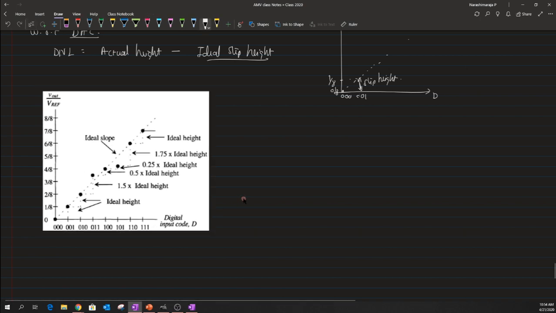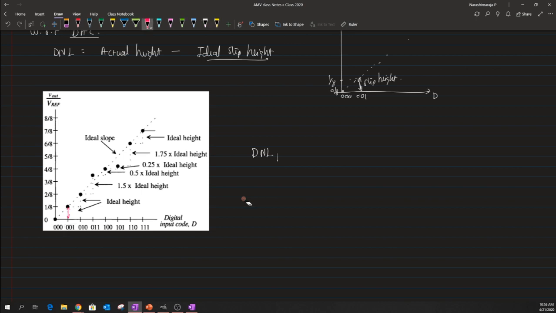Yeah, so here in this case you could see the step height is equal to 1 LSB. Whereas in the second case, the step height is something that is being measured with respect to the neighbor point. So first let me define the definition of DNL. Now in the first case we have a DNL 1 when I try to feed in an input value of